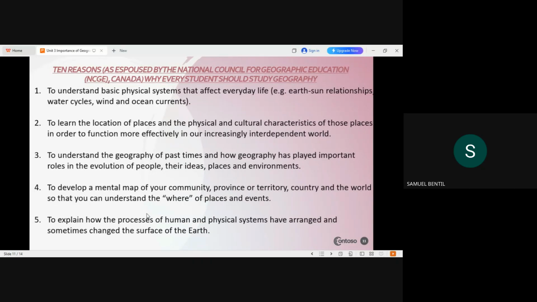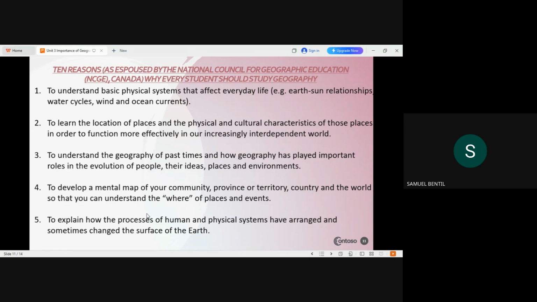Now, the National Council for Geographic Education in Canada also shares its views on why every student should study geography. They have the view that you need to study geography because it helps you to understand the basic physical systems that affect everyday life. And these are the earth-sun relationship, water cycles, wind and ocean currents, which really affect our daily lives. When it's hot, the Harmattan season, these are all part of it. So they believe that everybody should study geography because it helps us to understand the physical systems that affect our